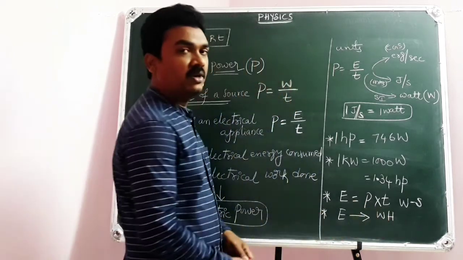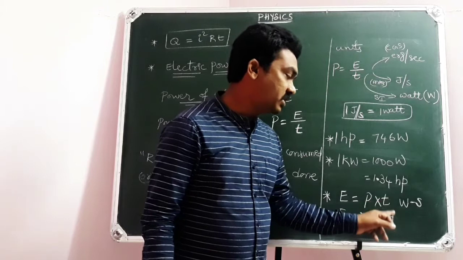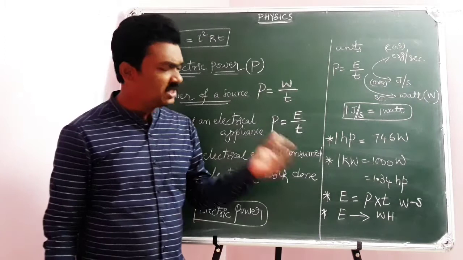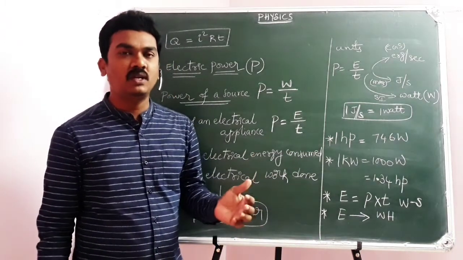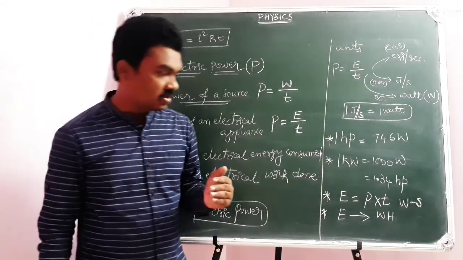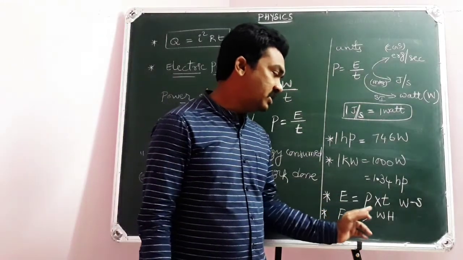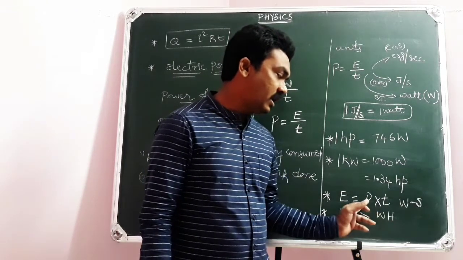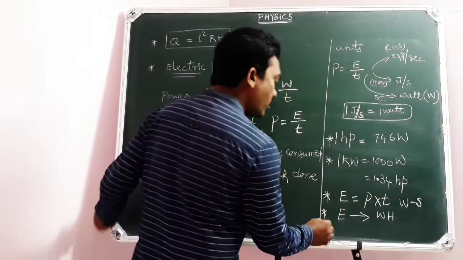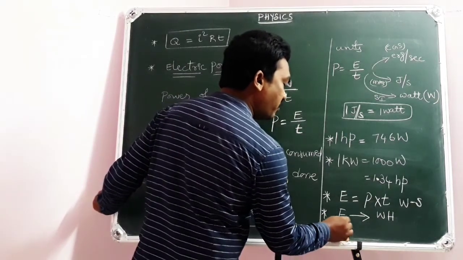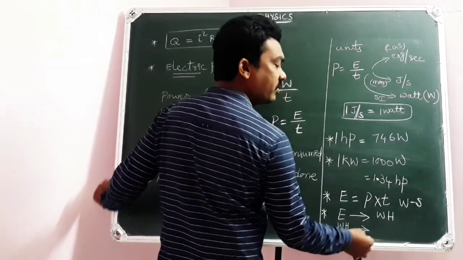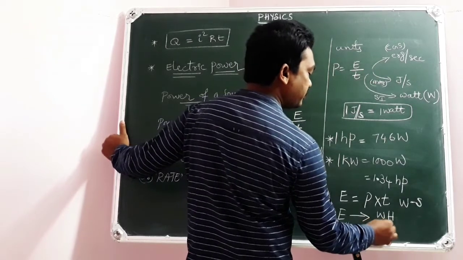watt hour. Power is measured in terms of watt, time will be substituted in terms of hours, not in seconds. The reason I told you, you can substitute in seconds if you want. But usually we use the electrical appliances for longer time at a household, so electrical energy will be measured in terms of watt hour. Electric power is in watt, T is in hour. If you divide this watt hour value by 1000, you will get your answer in terms of kilowatt hour.